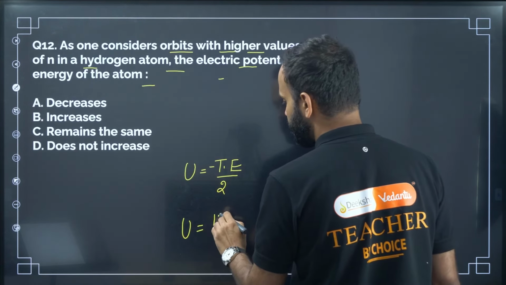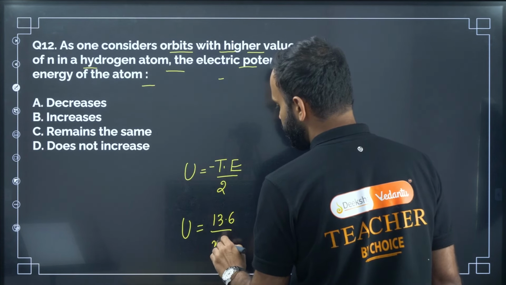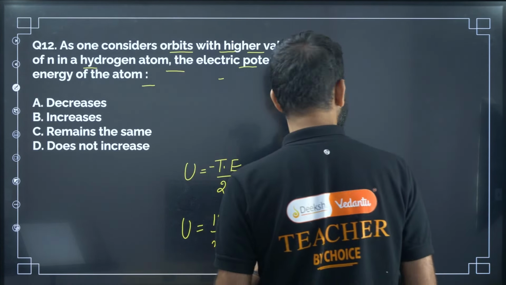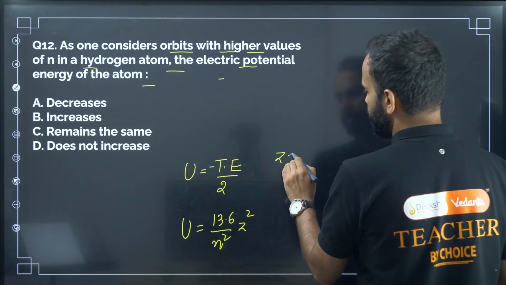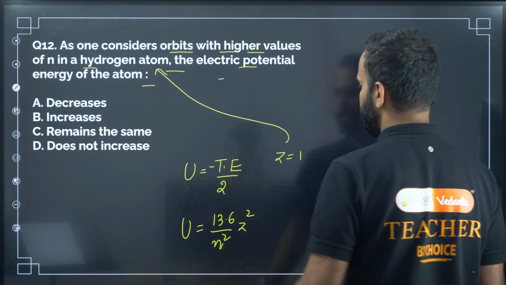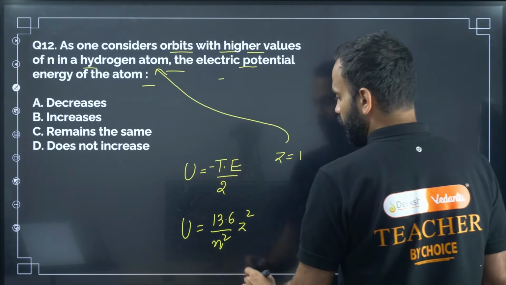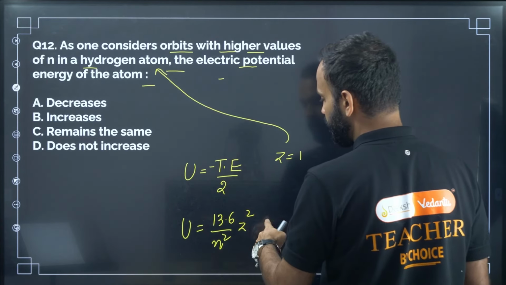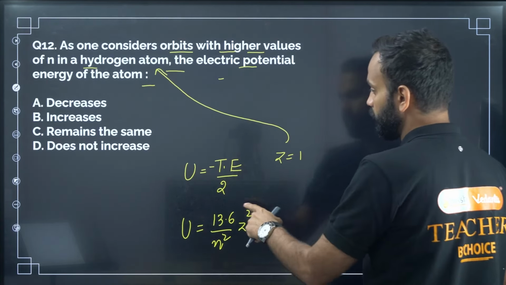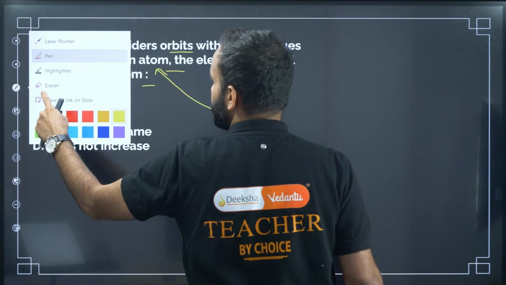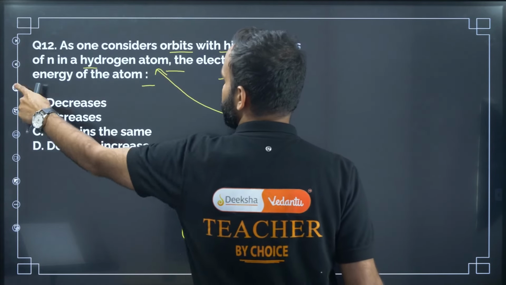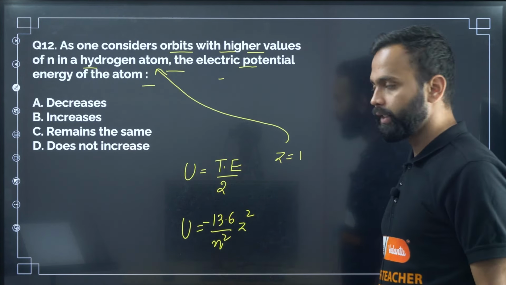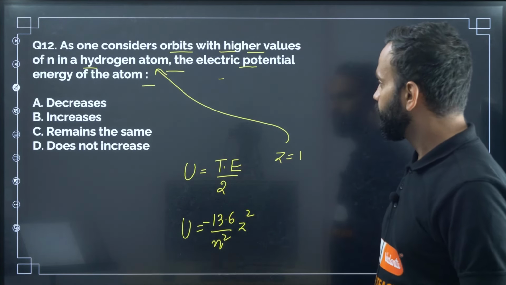The total energy is 13.6 divided by n square into Z square for a hydrogen-like atom. In the hydrogen atom, Z equals 1. So 13.6 into Z square divided by n square is the total energy, and dividing by 2 with the minus sign, U will be minus 13.6 into Z square divided by 2